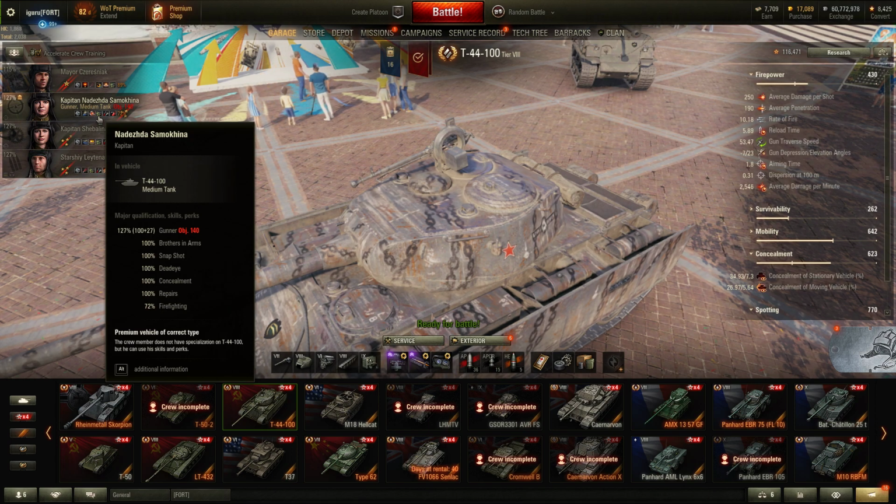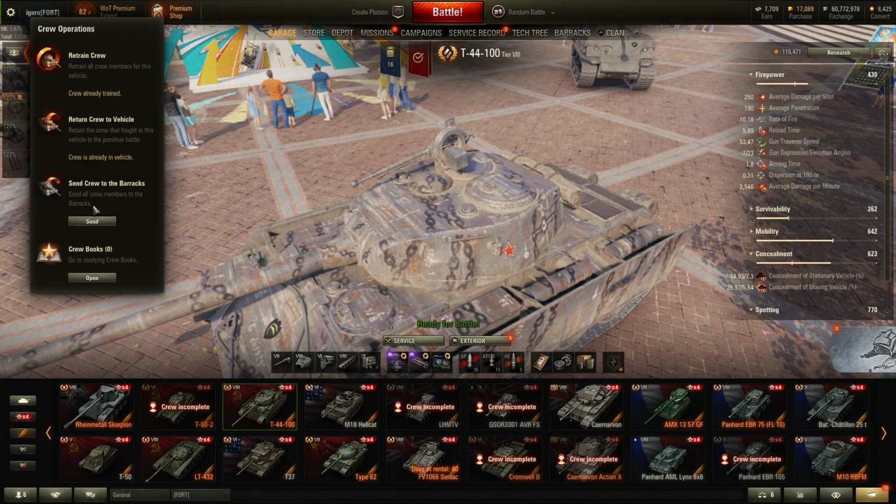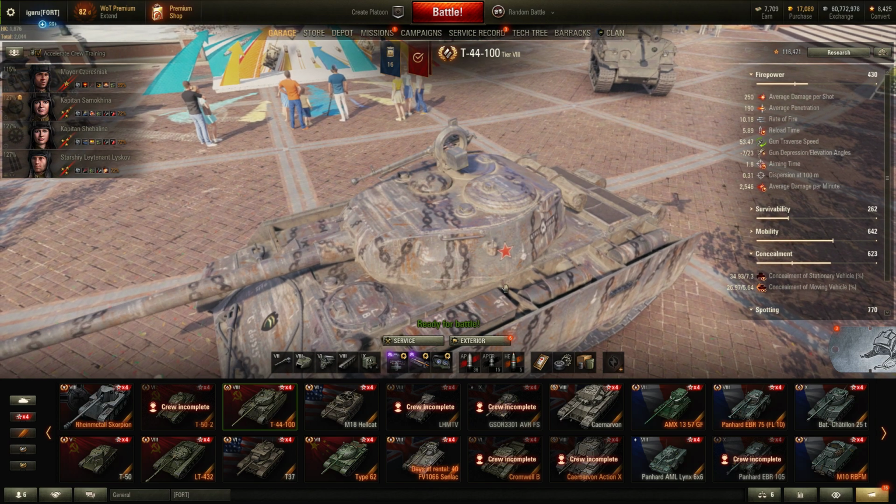So you need to think carefully. Every tank has a different purpose, so you need to think carefully about what kind of skills you want to put ahead of others. Alternatively, again, as I said, if you have credits, go ahead and use crew books to boost your skills up to 3 or 4 skills, and immediately you're going to have a very skilled crew for your tank. Now let's move on to the